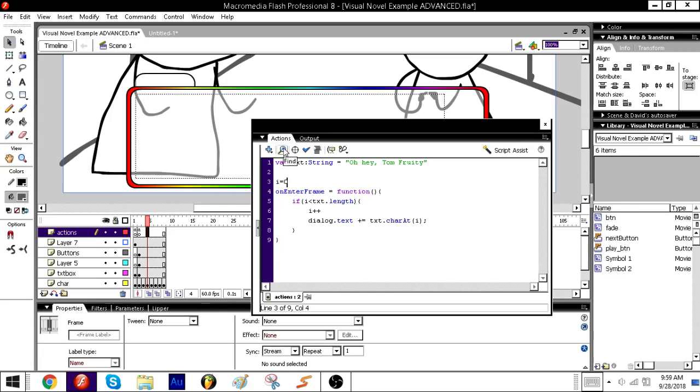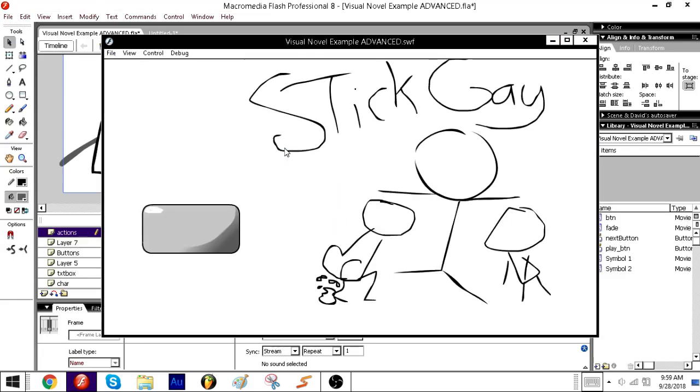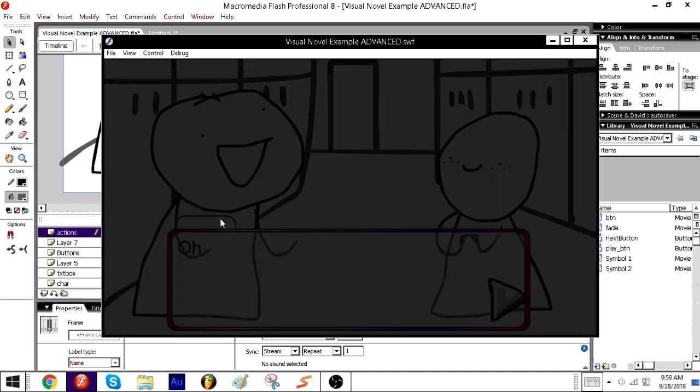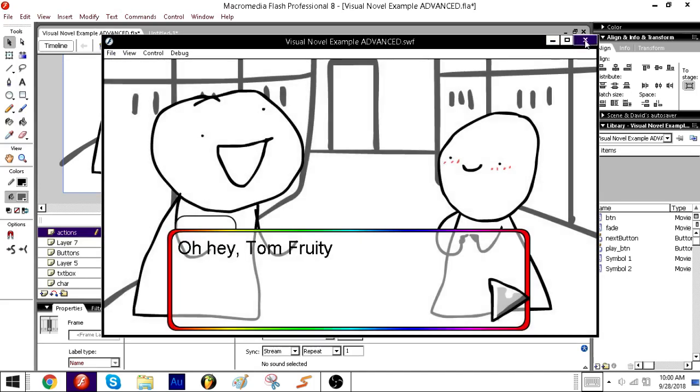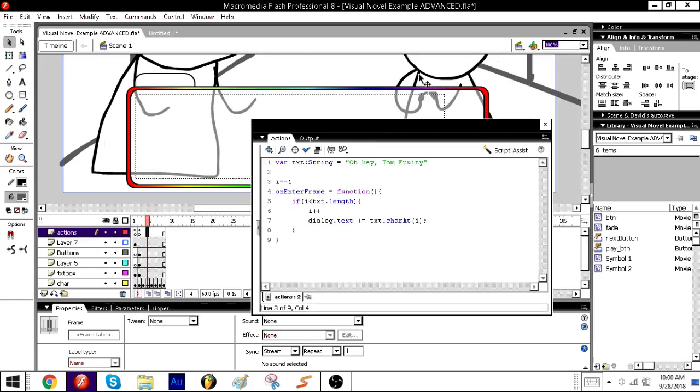Oh, there we go. Oh, whoops. Make it equal -1. There we go. Now it's doing what it needs to do. We copy frame, go to the next frame. It's going to be